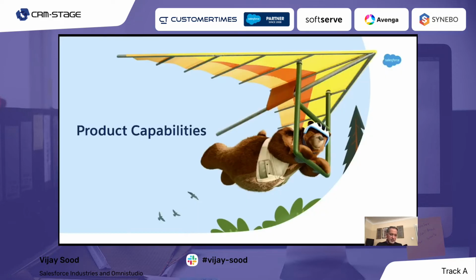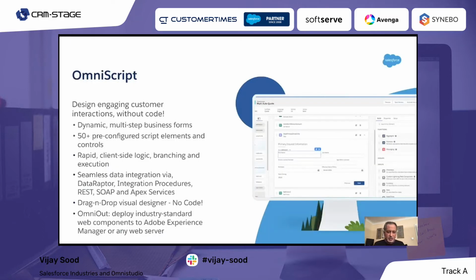So what are the specific components in Omnistudio, right? Let me just go through the specific product capabilities. The first one we've talked about is OmniScripts. So what is OmniScripts? It's a technology that allows you to build multiple steps, business forms, and guided flows across the customer journey. It actually invokes client-side logic, and based on the responses that come back through your server-side process,